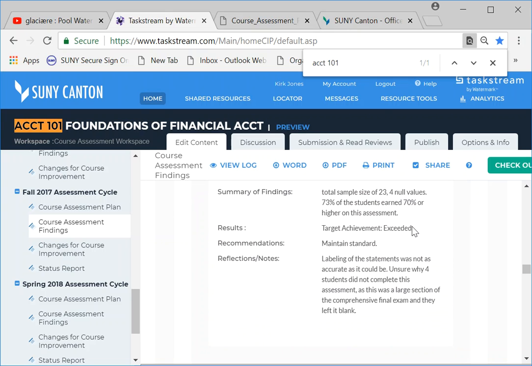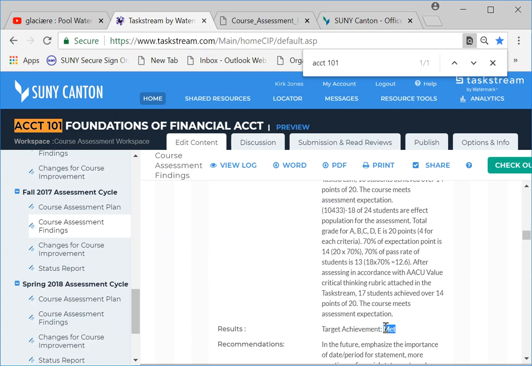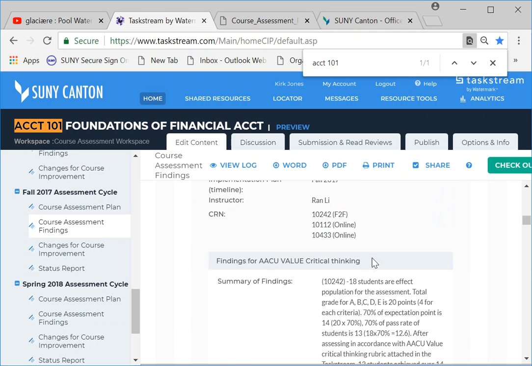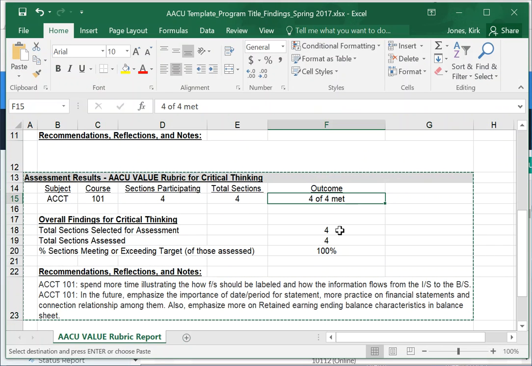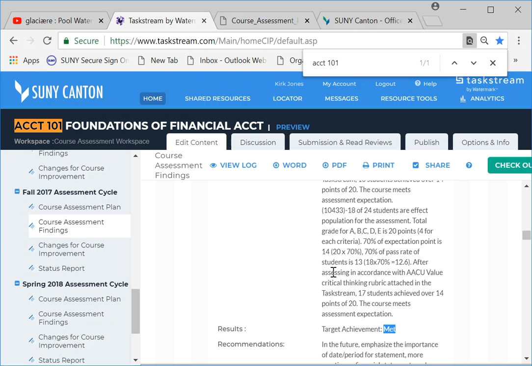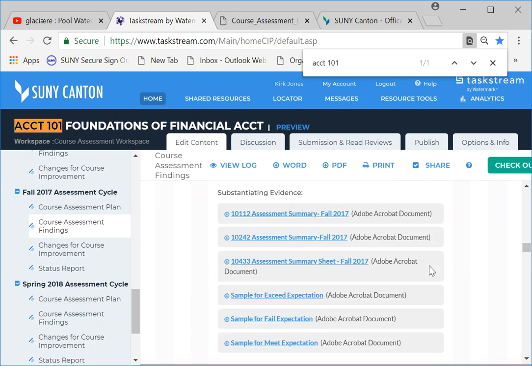Okay, so let's take a look at where the targets met or exceeded. It was exceeded in 1 section, and it was met in the other 3 sections. Okay, and the details are here, which we don't need to worry too much about at the moment. Come over here, identify that 4 out of 4 were met, identify the total sections selected, total sections assessed, and the sections meeting or exceeding the target. Boom. Now, the numerical data, it is important, obviously, but really what's most important is the qualitative information, which we're adding down here. What did the faculty say about their findings? In the future, some changes are going to be made, perhaps, right? Okay, or maybe